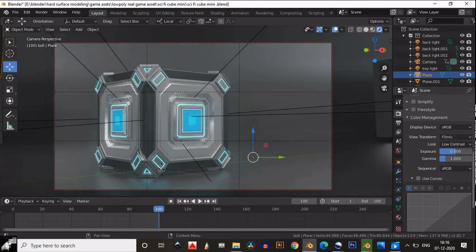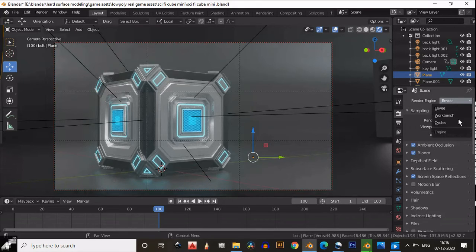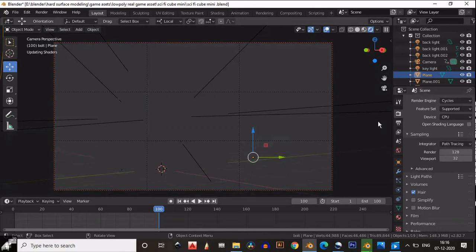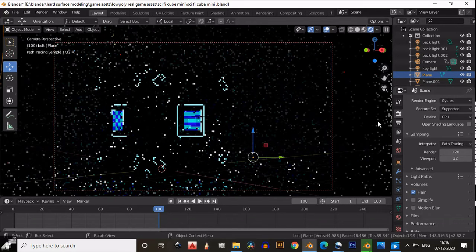So simple light setup and simple rendering setup, and then change your render engine from EEVEE to Cycles. If you change it to Cycles, you will get a better result. So this is a simple light setup for our sci-fi cube or sci-fi box, you can say anything.